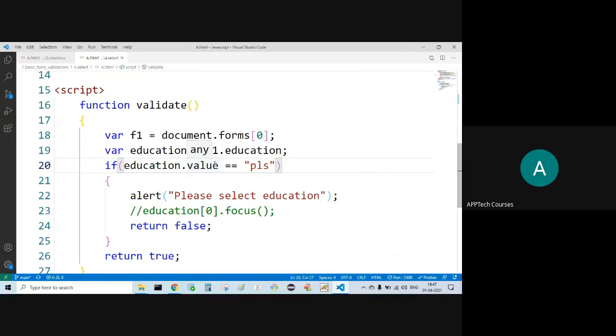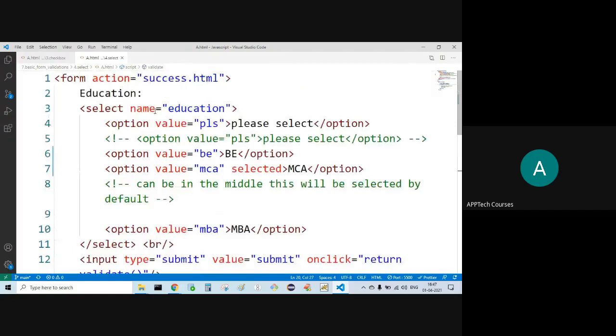It is not the name, it is the value, not the name. Name is for what? Name is for select.